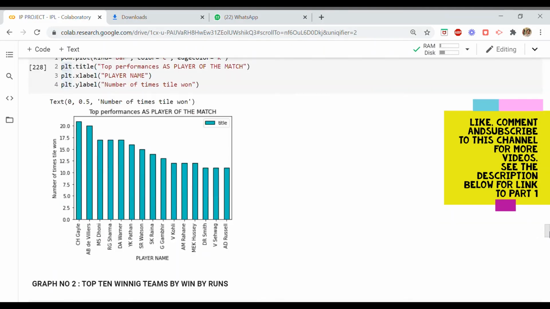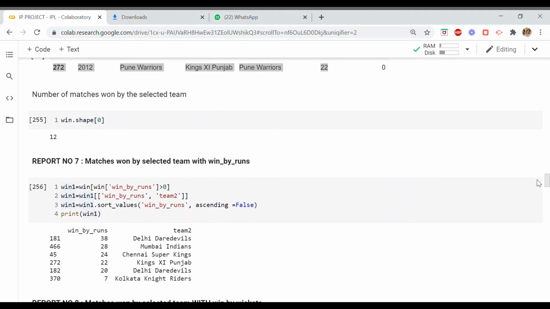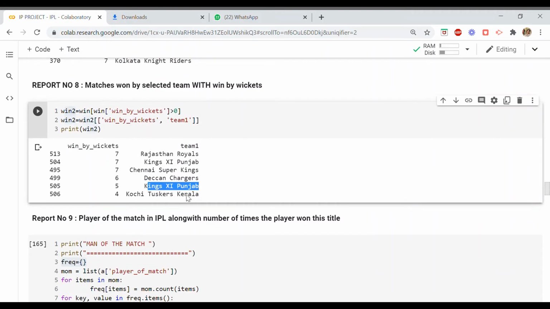Sorry, let us cross check which graph we are talking about. This is win by wickets. Okay, so in win by wickets, you can see Kings 11 Punjab and Kings 11 Punjab. There are two values for Kings 11 Punjab. So when I'm representing my team1 column on the x-axis, Kings 11 Punjab can't be represented twice.